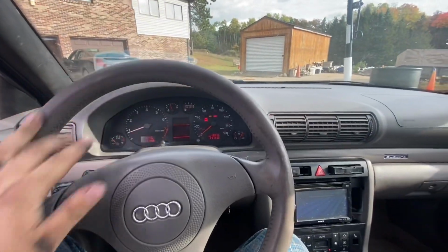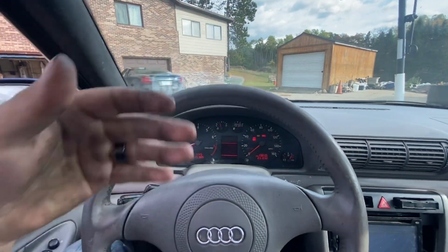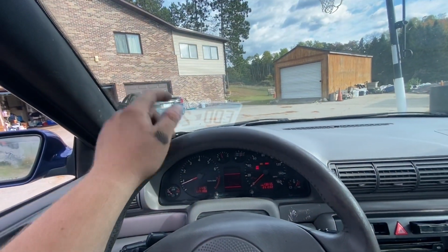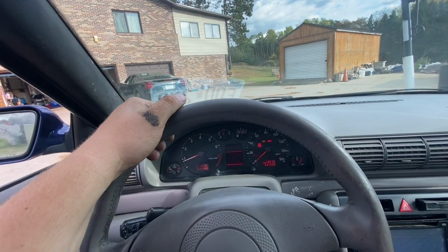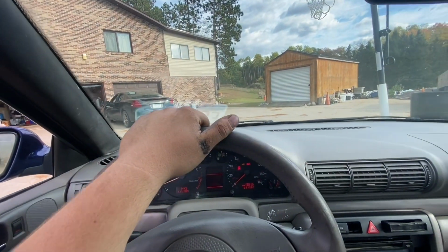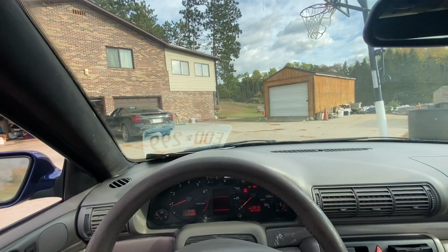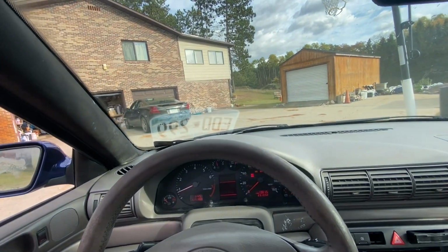Actually, I'm gonna miss this car for real. I really am. But like I said, in the game to make money. If I wasn't making money, if it was for my personal use, I'd definitely be keeping this car. But that car, getting a little over $800 cash with that car and the water pump that it needs. I mean, I can turn around, I think, clean that car up, and it drives fine. And I think that he said it's just a hard shift from first to second a lot of the time, and my GXP did that, and it was the motor mounts were shit,